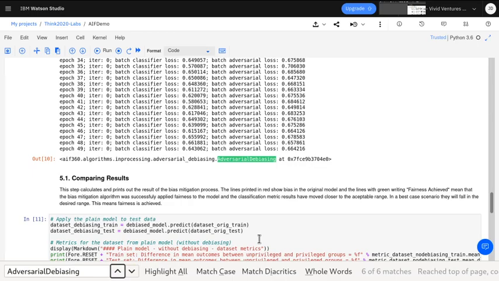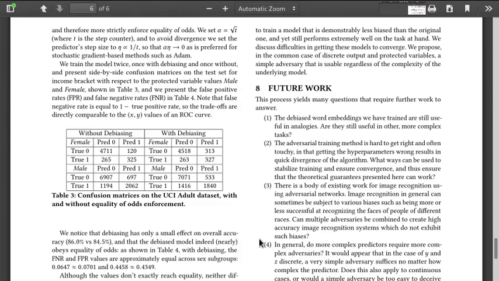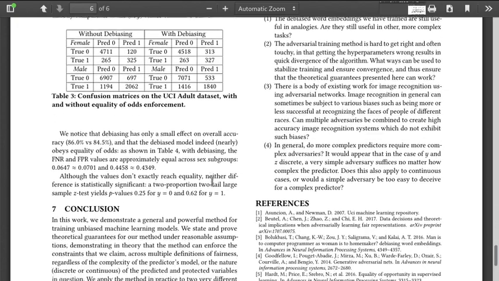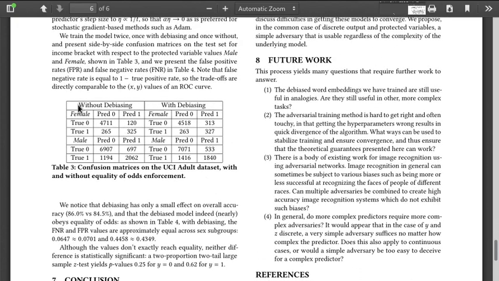Let's go back to the research paper. If we scroll down to the very bottom, we'll see that they're in the conclusion area. They're providing some results, without debiasing and with debiasing, and apparently it should get better with the debiasing. I haven't read the paper closely enough to know which numbers are better, but overall I'm guessing, and we'll check this in the notebook, that our notebook should provide some kind of a result like this also. So if we switch back to the notebook